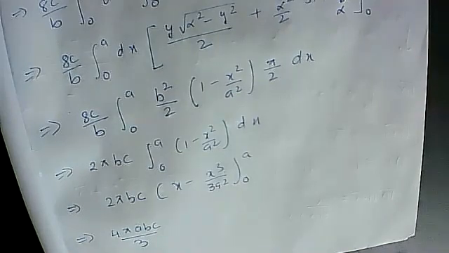It is easy to handle a sphere if you take spherical coordinates. You can do it exactly in the same manner, but it will be lengthy like this. So it is better to use spherical coordinates. Then you can find out the volume of a tetrahedron also. That is also a very important and very easy concept. So this was all about volume.